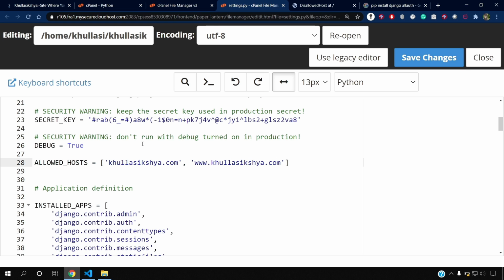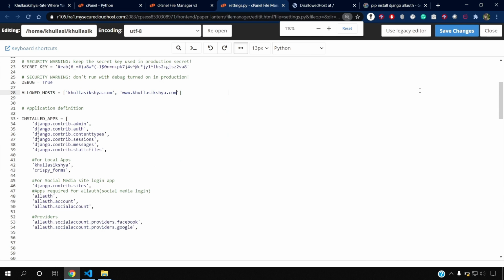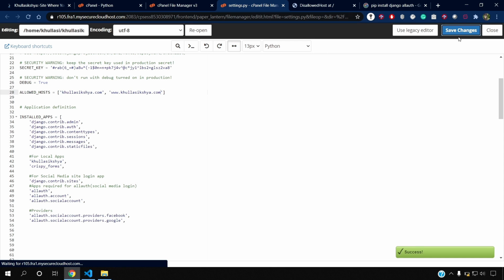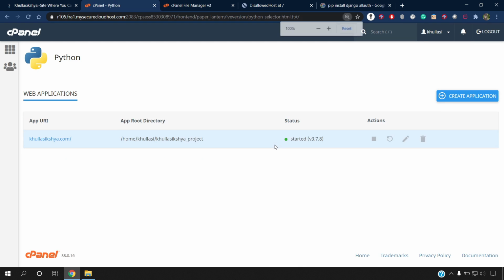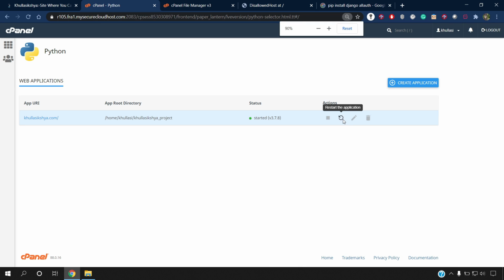So you need to configure your domain name here, and let's save changes. Let's close this, and now you need to restart your application again. I'll go to this section and restart my application again.